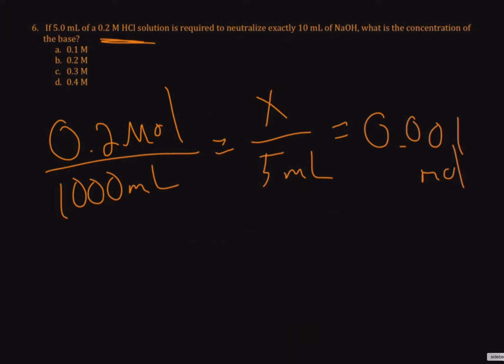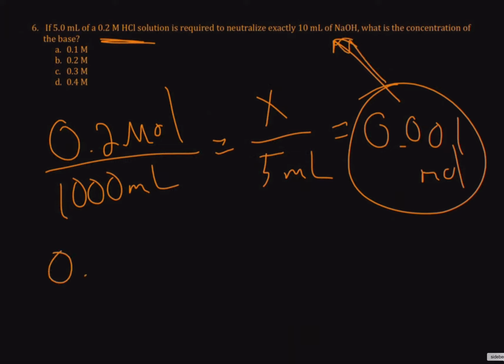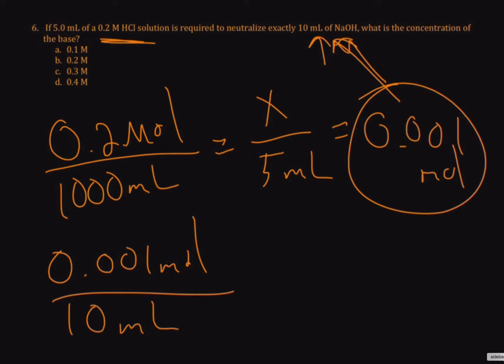Well, if we used 0.001 moles of hydrochloric acid, that means that we neutralized 0.001 moles of sodium hydroxide, because they're canceling each other out, equal amounts. So now we can take the 0.001 moles of NaOH. If we know that we had 0.001 moles in the 10 milliliters, so we're setting up a second proportion here, just like we did with the other problem that we did like this. Well, how many moles are there in 1,000 milliliters, or 1 liter? When we do that math out,